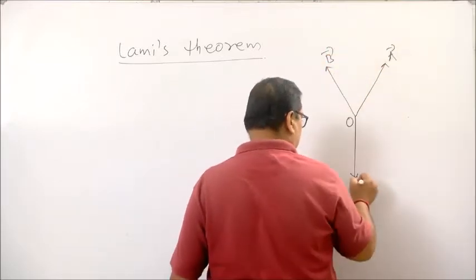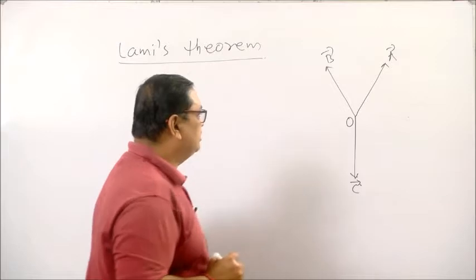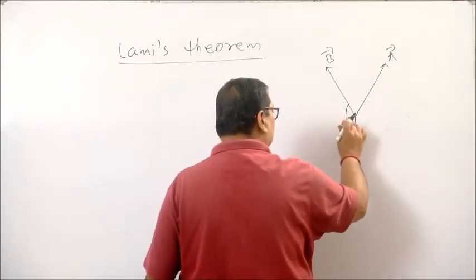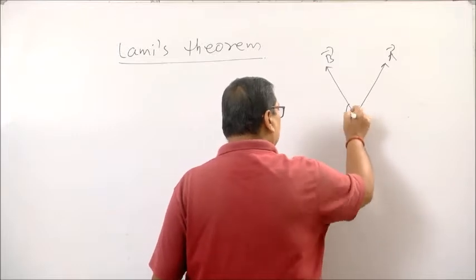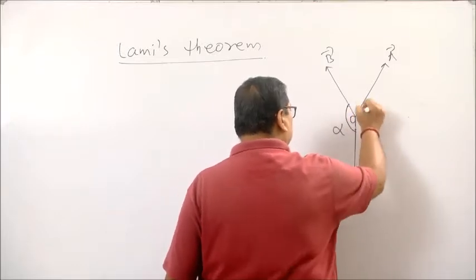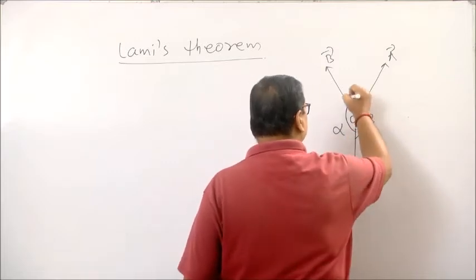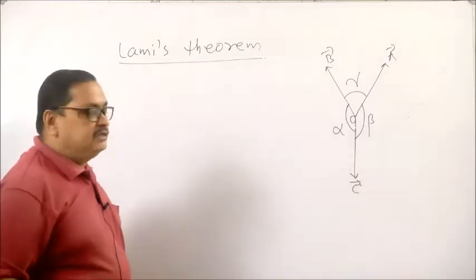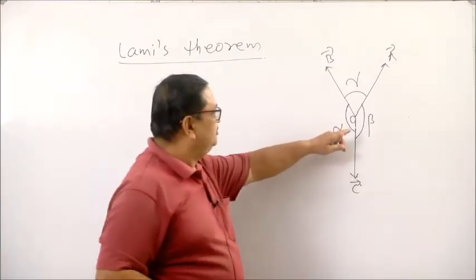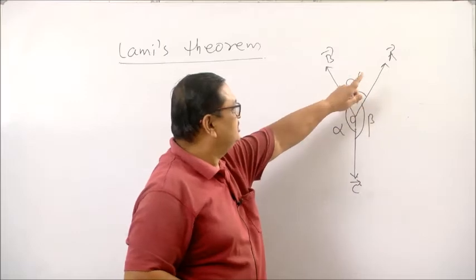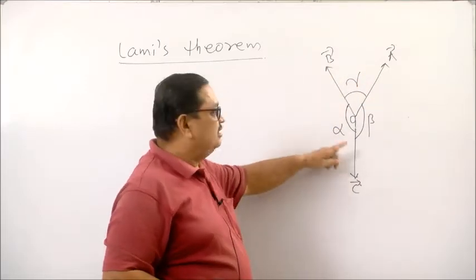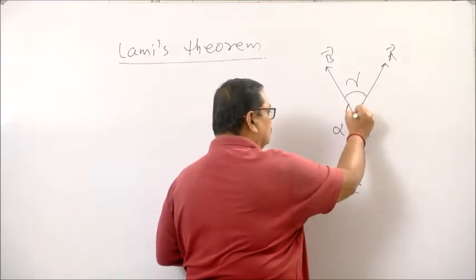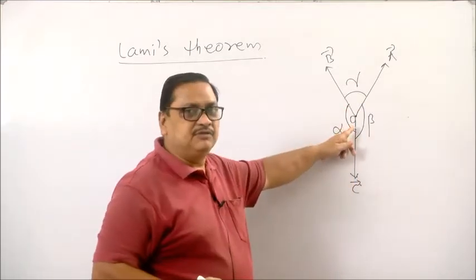Vector A, vector B and vector C. This angle is alpha, this angle is beta, this angle is gamma. So the theorem states that if three vectors, suppose here vector A, vector B, vector C, are acting at a point O, and the point O is in equilibrium,